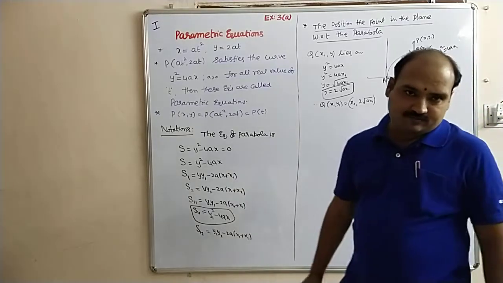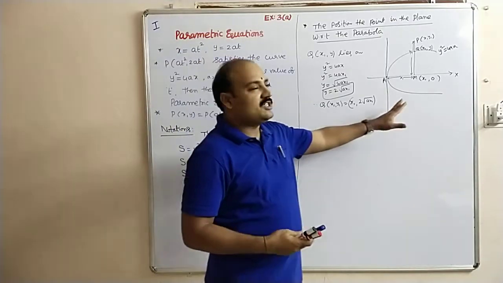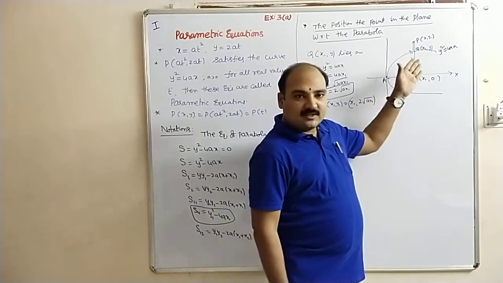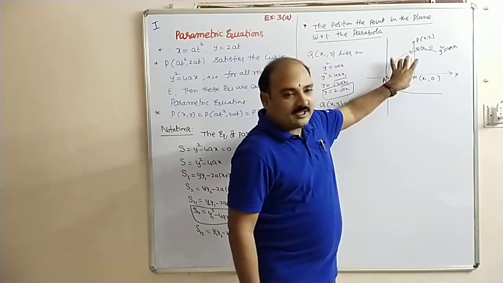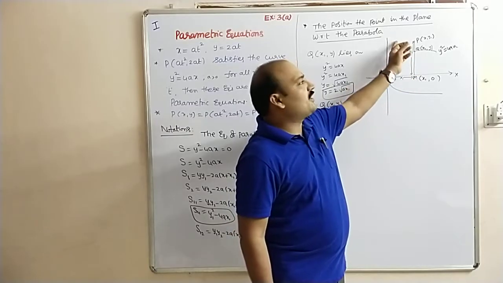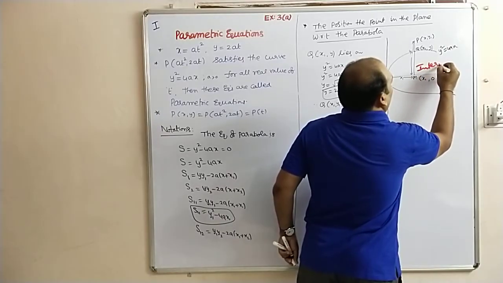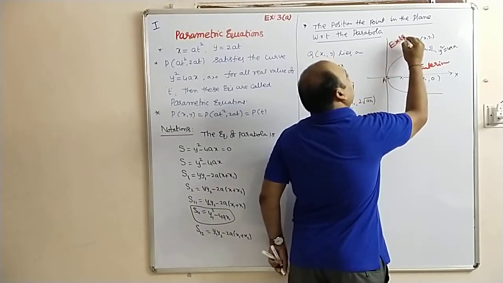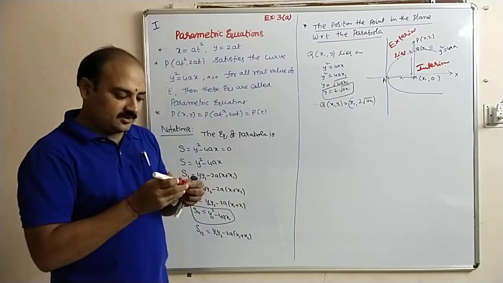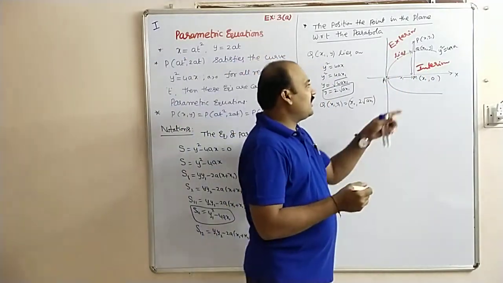After getting this point, the parabola divides the plane into two parts. One is the part which contains the focus, which is interior. The other one is exterior. This is the interior part, and this is the exterior. One point lies on the curve, and another point lies elsewhere. Now based on these three, we take the distances.